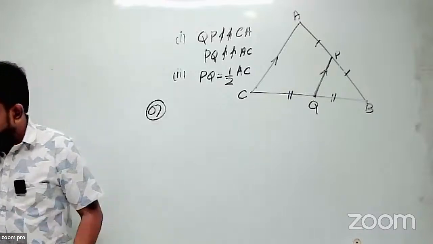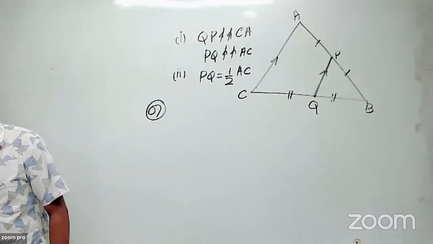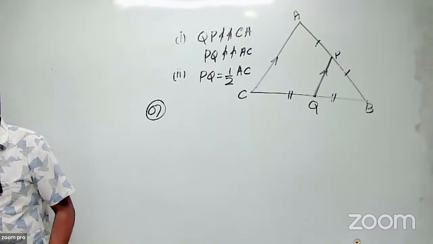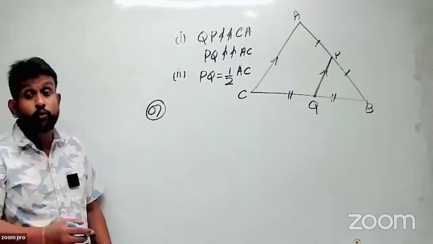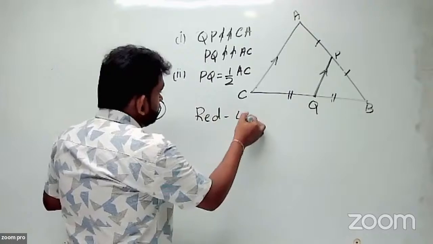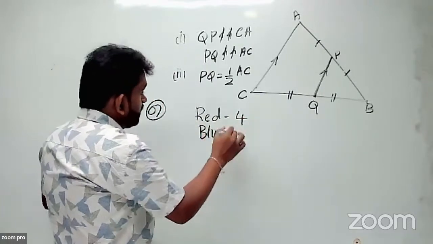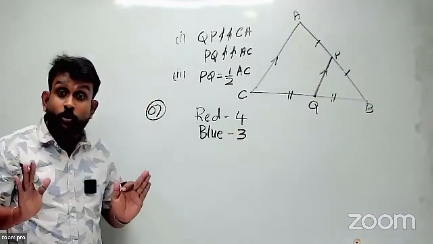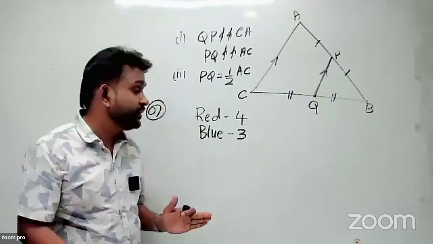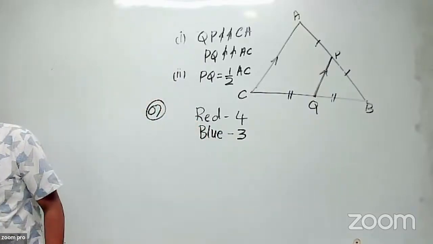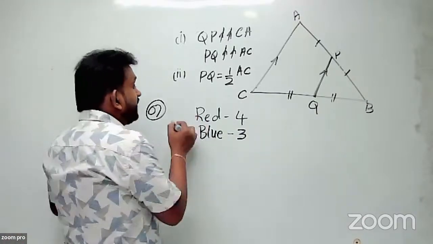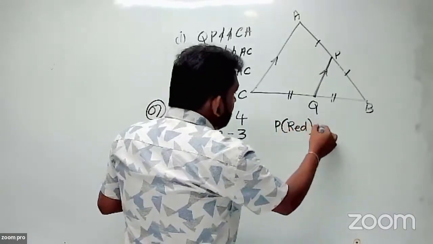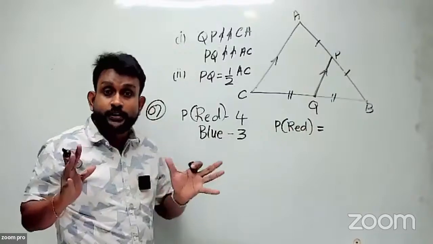Question number 7. There are 4 red color and 3 blue color identical pens in a box. Find the probability that a randomly selected pen is red color. How many red? 4 red, and how many blues are there? 3 blues. To find the probability, imagine they are asking for the event of selecting a red pen. The probability of red color is defined as the number of red color events,